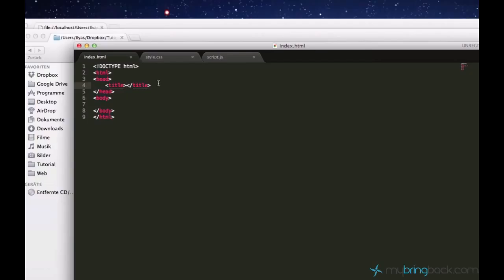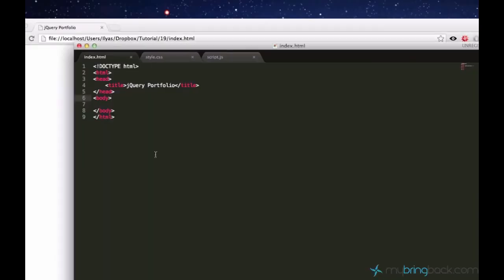So for the title, let's just go ahead and say jQuery portfolio. And when I usually start making a web page, I start from the top and go to the bottom. So the first thing I would create would be a header, and usually it's just a div element, and sometimes I just say its ID should be a header. And then we need something called a wrapper. So div ID equals wrapper,